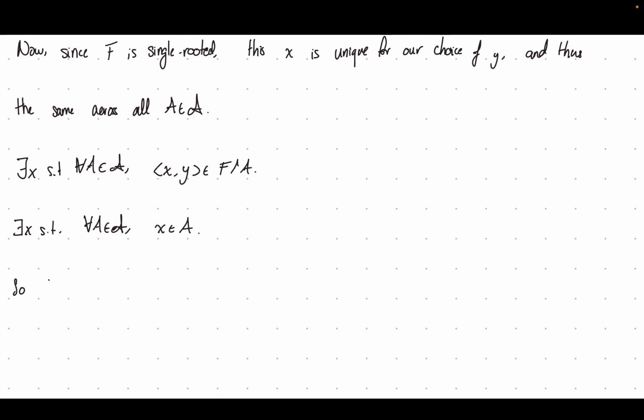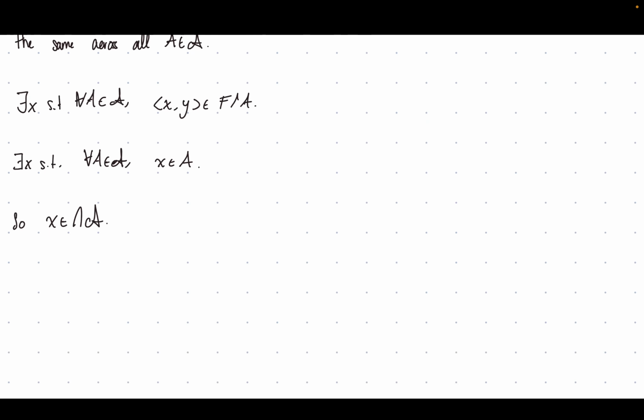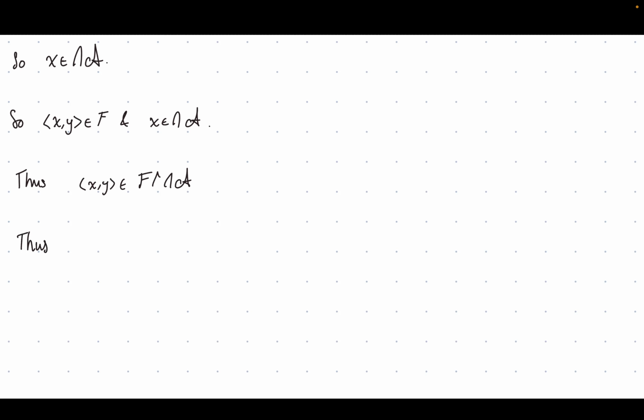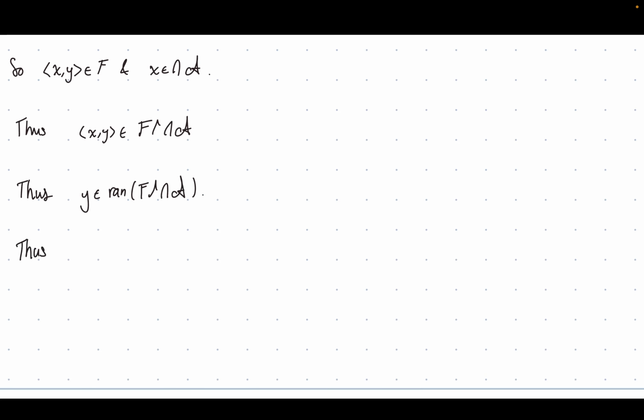So x is in the intersection of A. So x comma y is in f and x is in the intersection of A. Thus x comma y is in f restricted to the intersection of A. Thus y is in the range of f restricted to the intersection of A. And thus, y is in f image intersection of A,